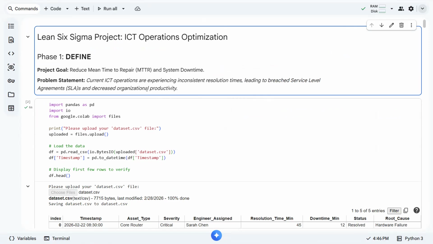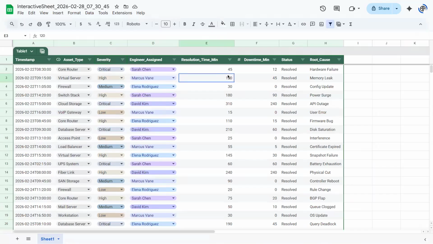That means this organization should be able to resolve any given problem within a 60-minute time frame. However, if you look at our table, there are many times that the problem was solved in less than 60 minutes, but there are some that are not just above 60 minutes, but way above 60 minutes.